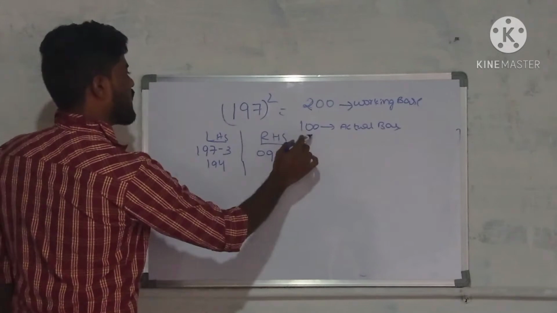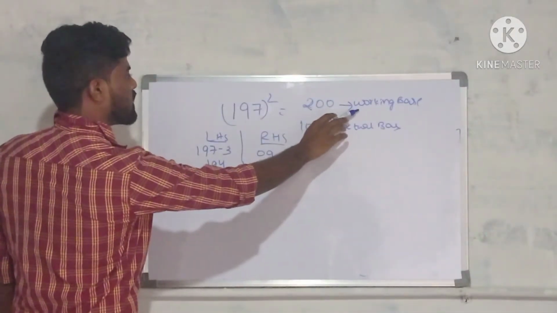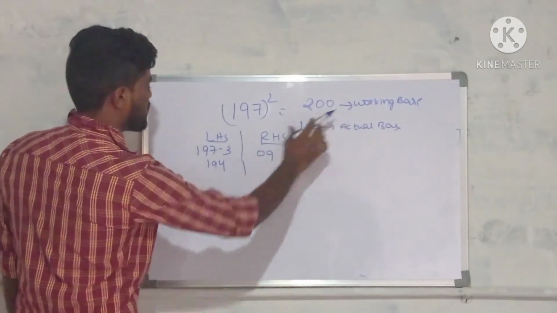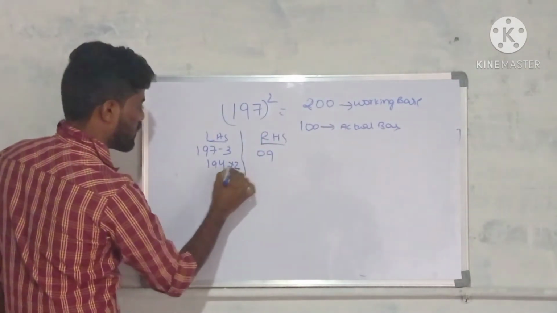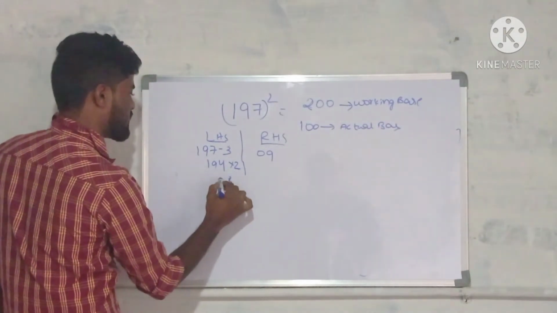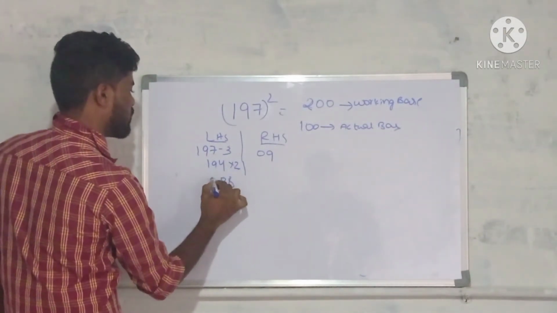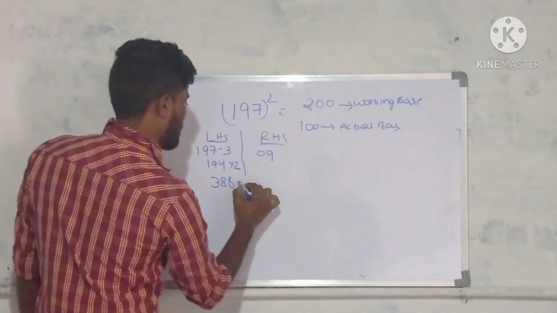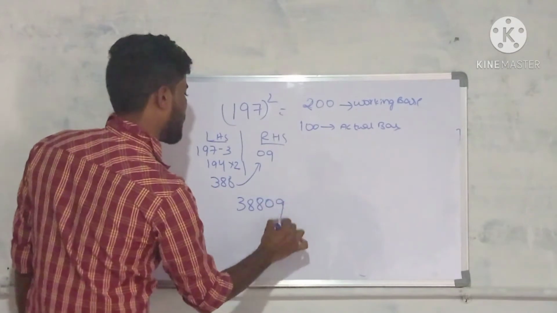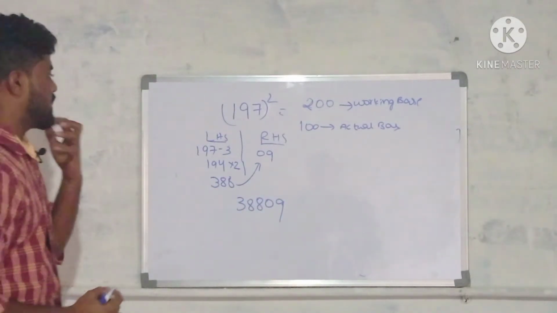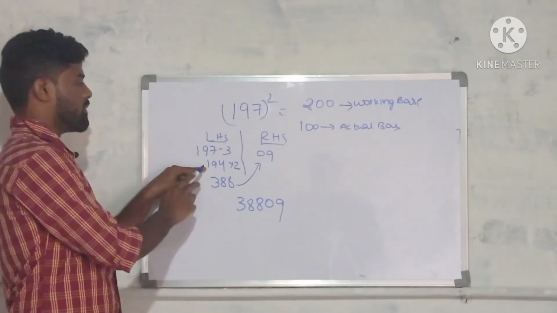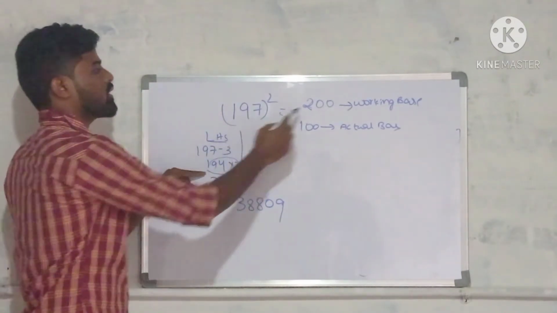Here we take 200 as working base. That means it is 2 times the actual base. So multiply this by 2. 194 into 2. 2 4s 8, 2 9s 18, 2 1s 2, 3. The answer becomes 38809. The concept is same. The change here is we multiplied this number by 2, since we have taken 200 as